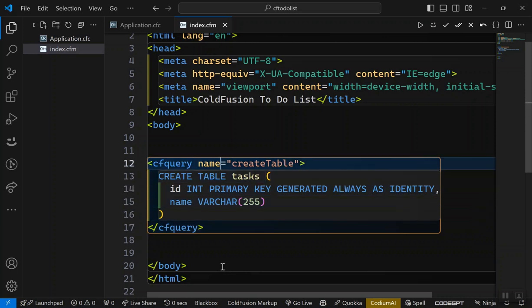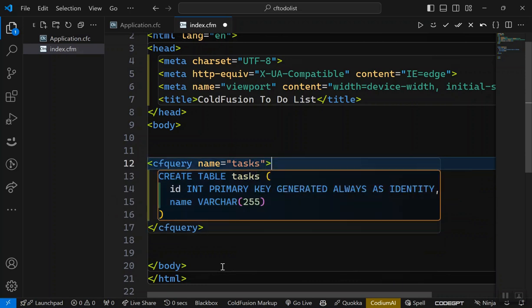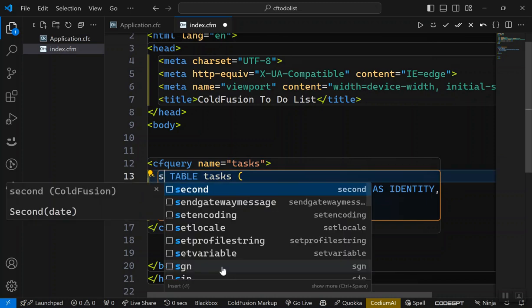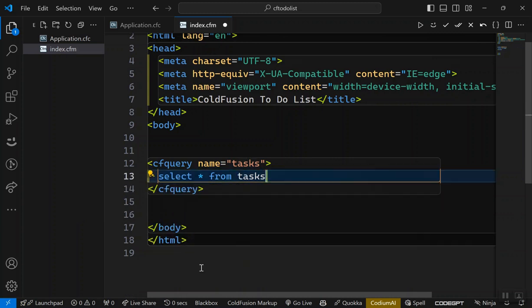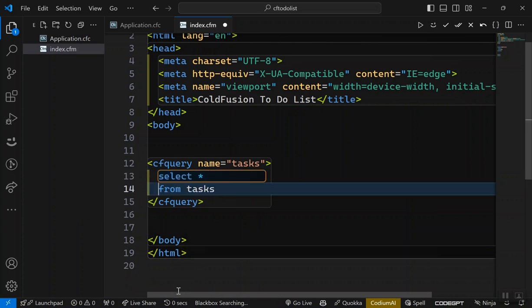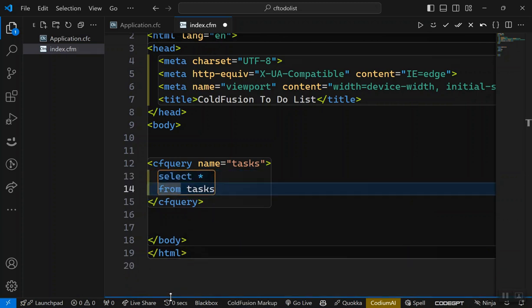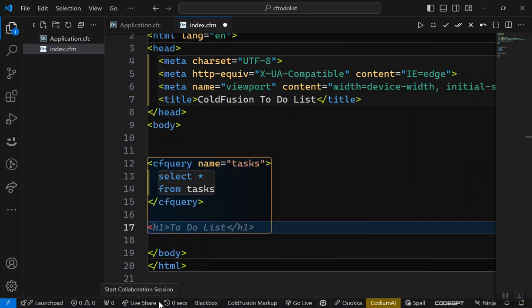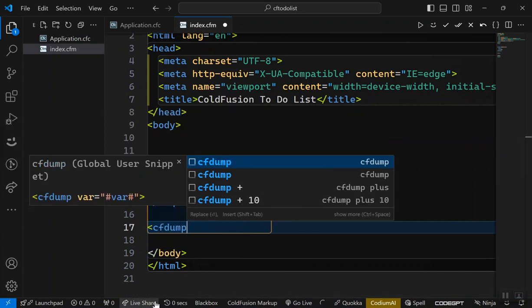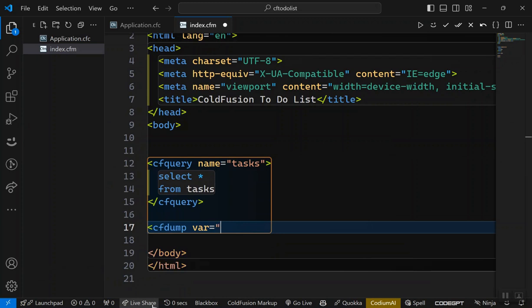So now what we want to do is simply get a list of tasks. We want to see what the list of tasks are. So we say select everything from the table named tasks. So we delete everything else. And so now we have select everything from tasks. But there's a debug tool that will help you when you're first starting to code. CF dump. Give me the dump of variable